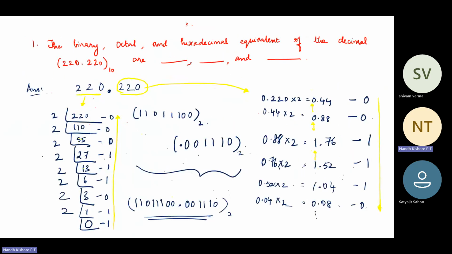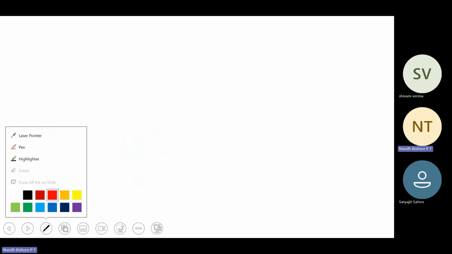Okay, so the next part is, so we have found out the binary. Let's find out the octal part. All right. So how do you find out the octal part? Again, the very same procedure that we follow. That is, you divide by 8. That is one way. That is, you can divide by 8 and multiply by 8. Or the simpler way is, once you have the binary, right? So you have the binary over here, which is